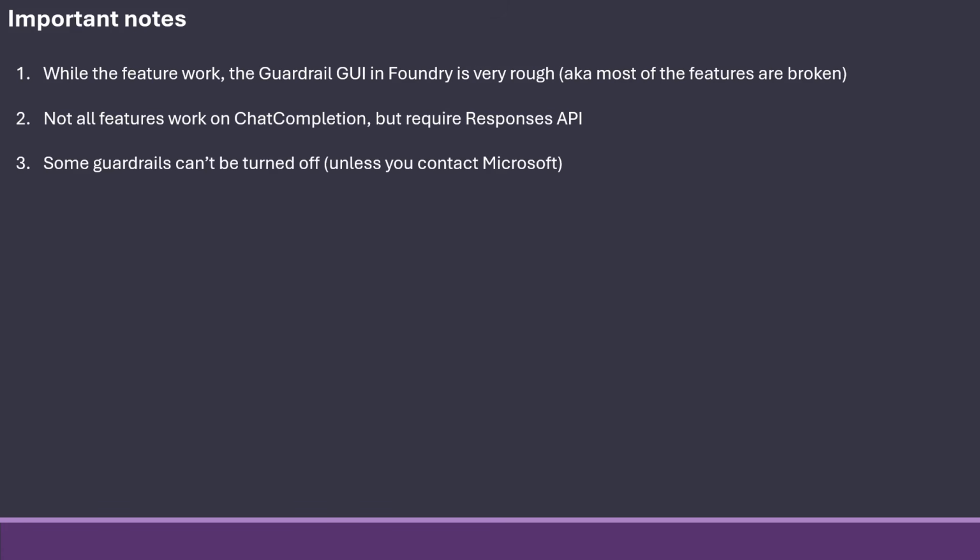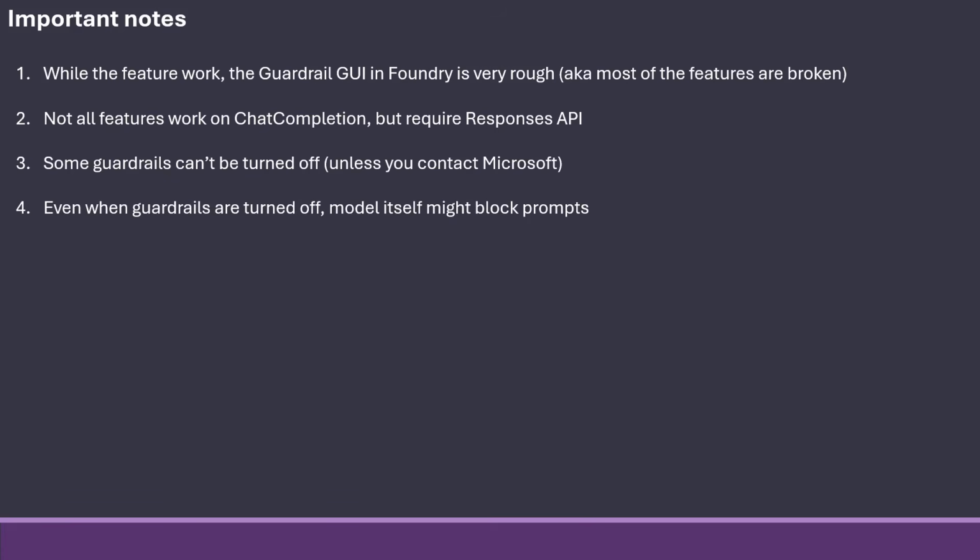Also, some guardrails can't be turned off. We will see that in a second. You can contact Microsoft. I haven't tried it and don't know how hard it is to get around this, but the documentation says you can get the last ones off if you absolutely need to. That could be, for example, self-harm and sexual things, if you are a hospital using this AI and you need to talk about such things. I think it will be pretty hard to get it off, and by default you can't get totally rid of every guardrail.